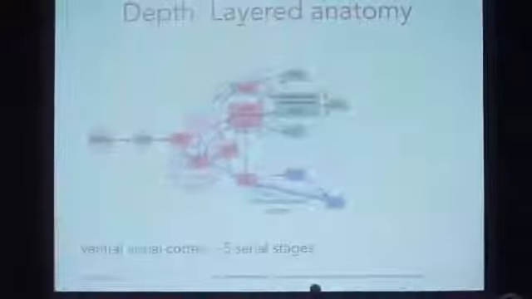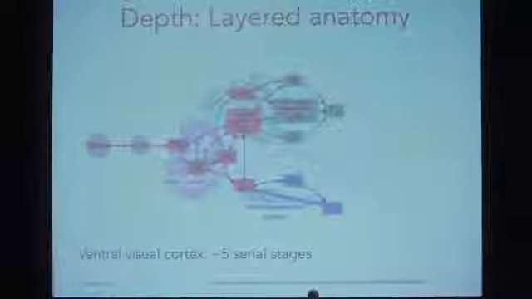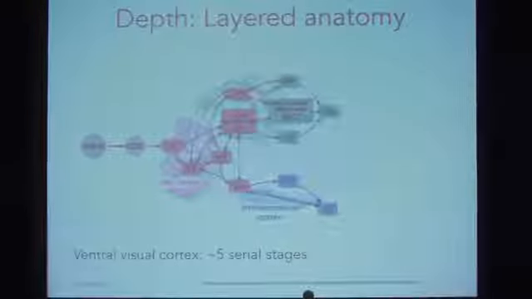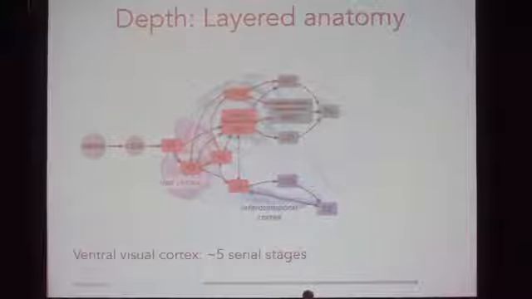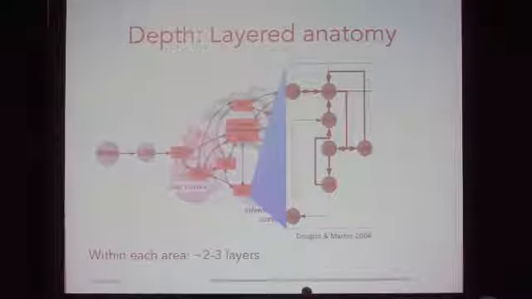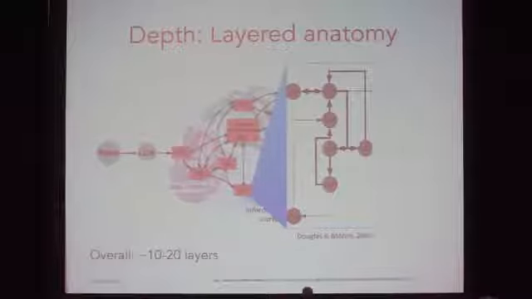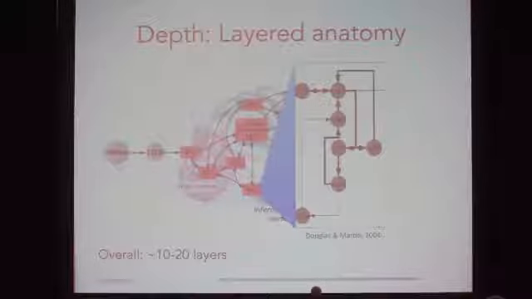So anatomically, in the object recognition pathway, for example, you have inputs that come in from the eye, that go to the retina through the LGN, and then up through V1, V2, V4, and IT. So you have this succession of stages in the anatomy, maybe order 5 of them. And of course, if you were to zoom in within any one of these regions, you'd also see that there is interlaminar structure within that layer. And so you can have another 2 to 3 layers within each area, perhaps. So overall, you're talking order 10 layers in this object recognition pathway.